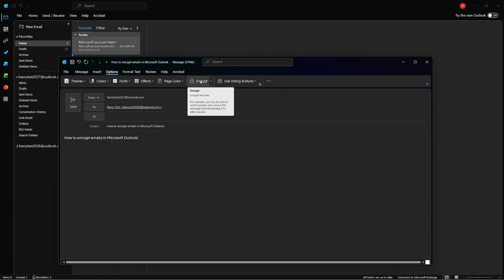Some organizations also provide sensitivity or rights-protected labels, like confidential or highly confidential, that combine encryption with additional policies. Pick the option that best matches the sensitivity of your message. You'll usually see a banner at the top of the email indicating the selected protection, so you know exactly what will